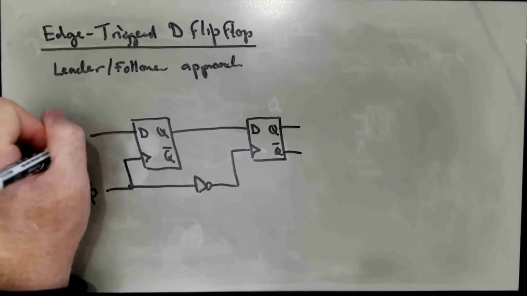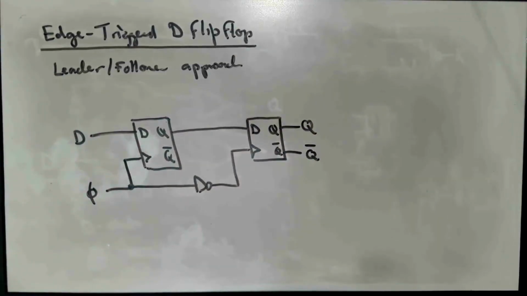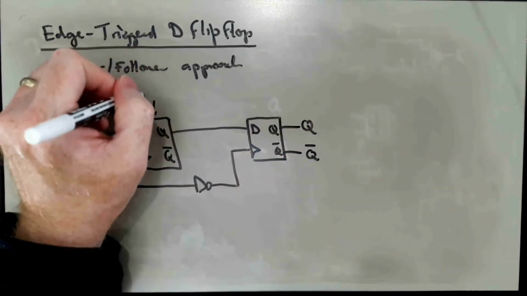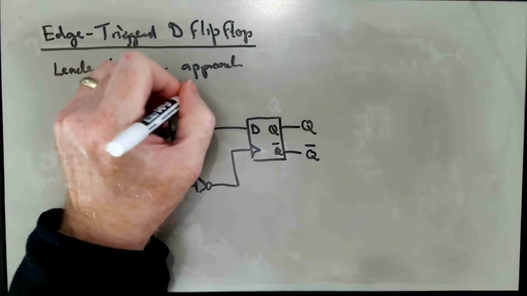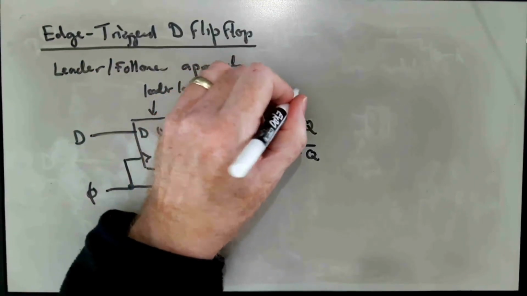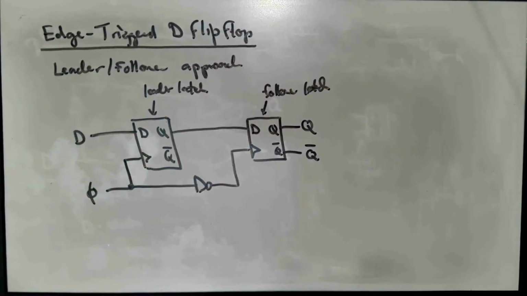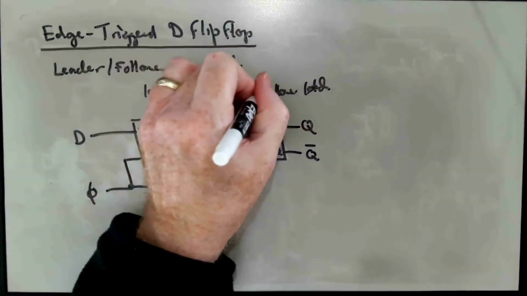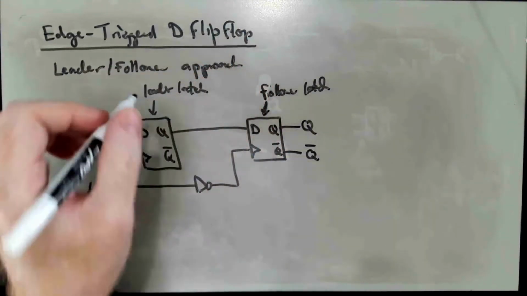So this is D, this is Q, this is Q bar. And this is going to be the leader latch, and this is going to be the follower latch. You can probably guess what the politically incorrect name for these would be, but